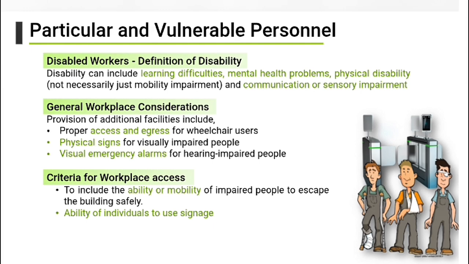Disabled workers and workplace considerations. Definition of disability. Disability in the workplace is a broad term that encompasses a range of conditions, including but not limited to learning difficulties, mental health problems, physical disabilities, which may not be solely mobility related, and communication or sensory impairments. General workplace considerations. To support disabled workers effectively, the workplace should provide additional facilities and considerations, including proper access